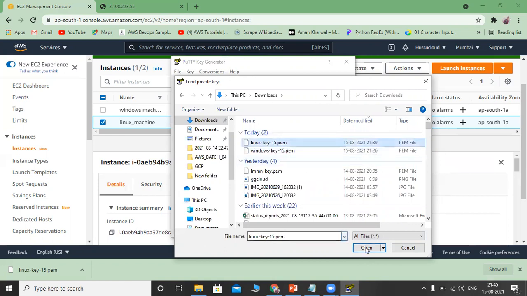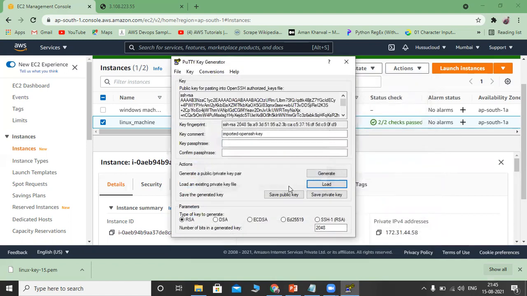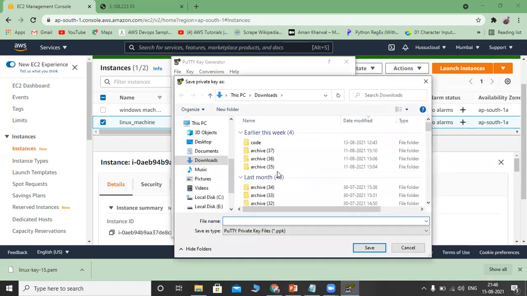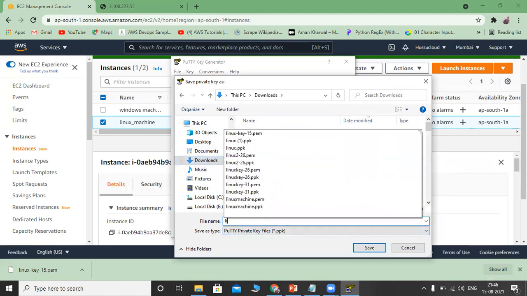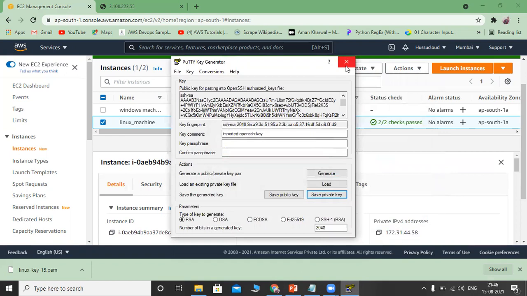This is the file of the key pair we have downloaded. Open that one. Okay, and then Save private key. Yes, I will save in the same Downloads location, and I will name it Linux key 001. Save. So the key is saved.